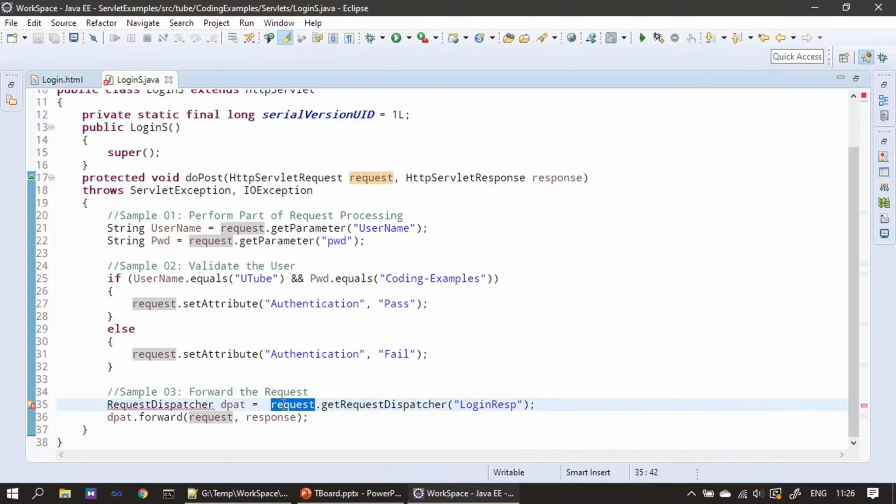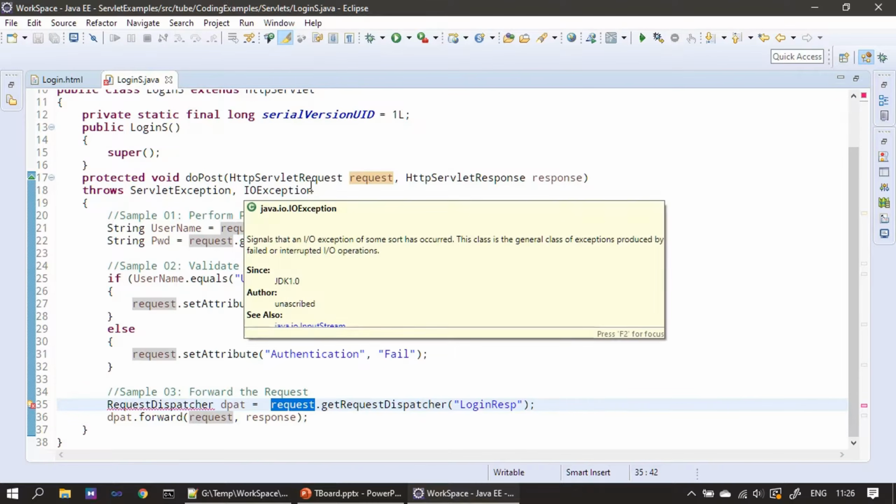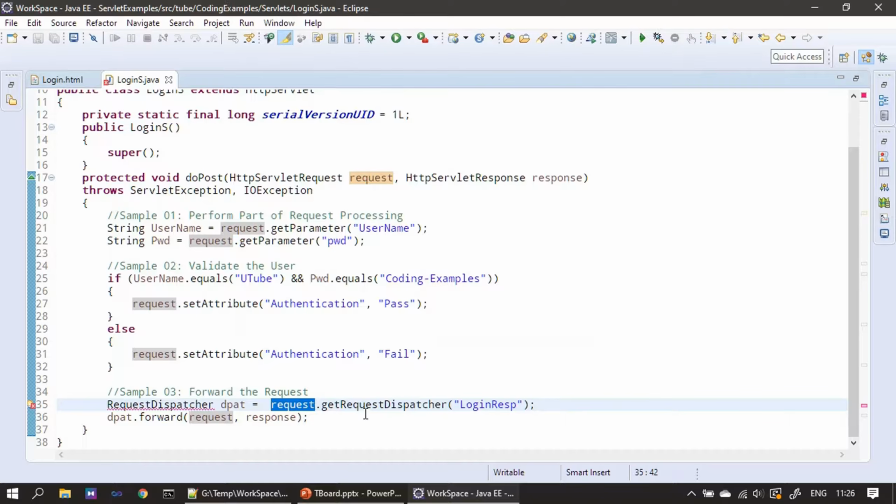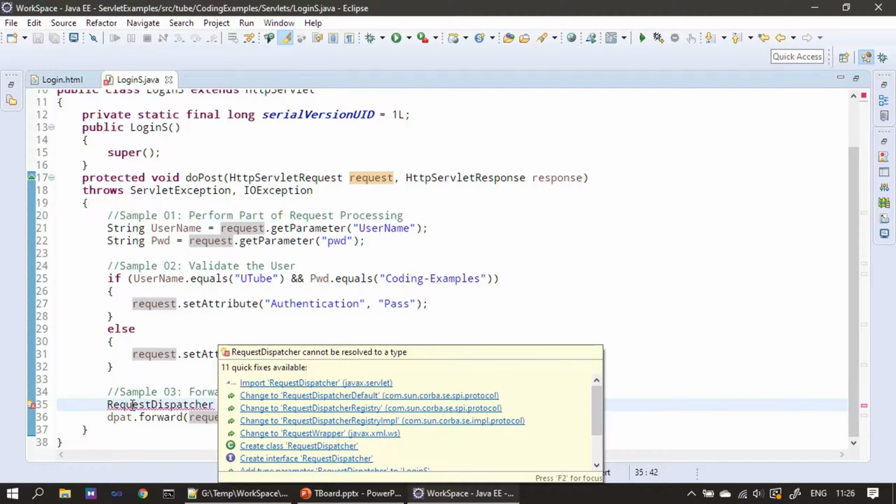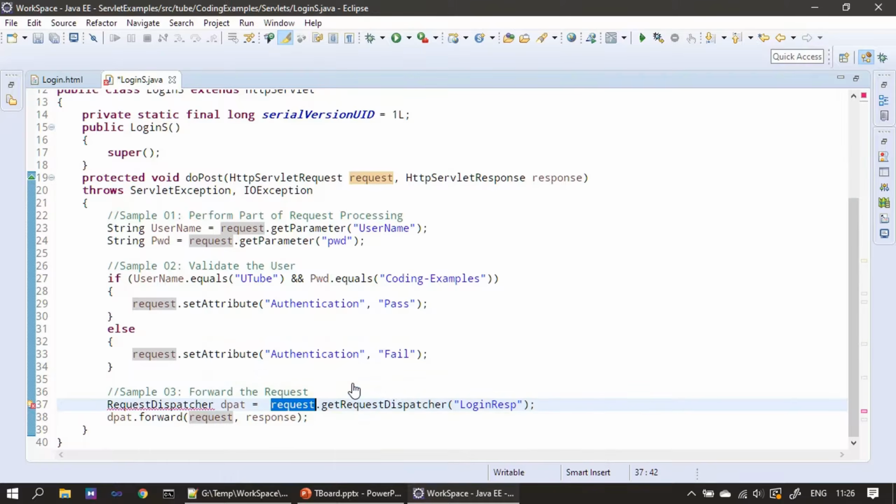So the object is HttpServletRequest. We are making a call to getRequestDispatcher. This will give the RequestDispatcher object. So the RequestDispatcher object is from the javax.servlet package. So we are importing that. So after getting the request dispatcher for login resp servlet, which we will create soon, we are forwarding the request